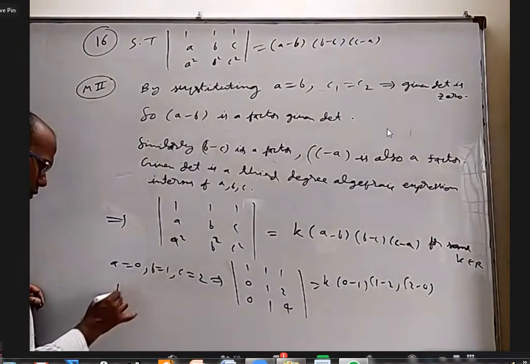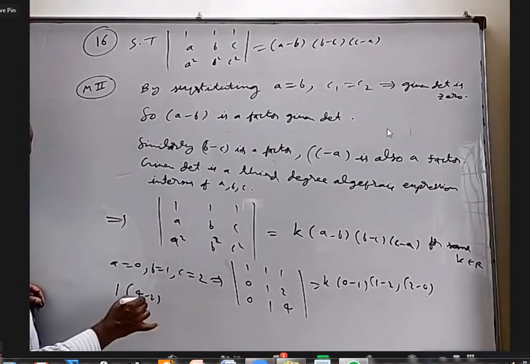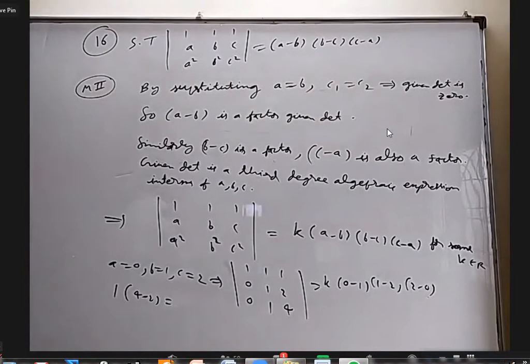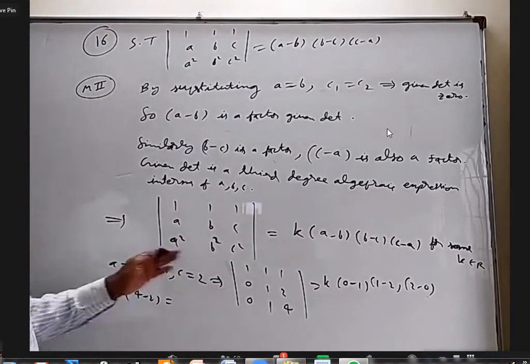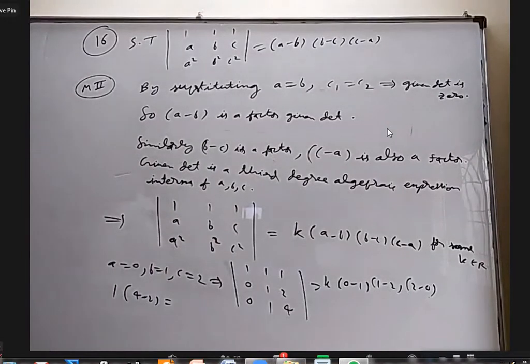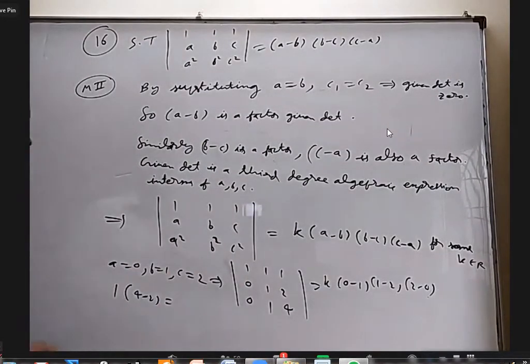Okay, so here I'll get 1 into 4 minus... we can take any value and equate these two. Only the value of K will be found, the same answer. Yes, I took only 0, 1, 2. You take 500,000, the same answer will come. You take 1 lakh, 1 crore, 10,000 crore, the same answer will come. Not a problem. But we are trying to take some numbers which are easy to work with.